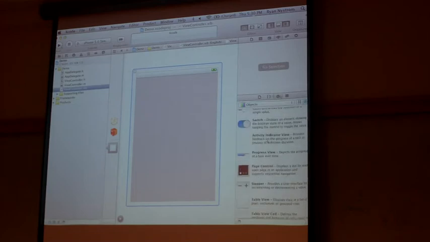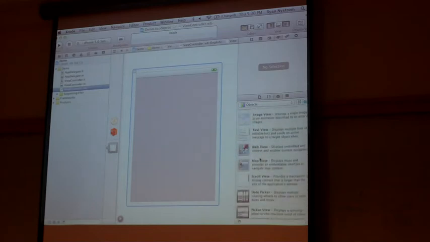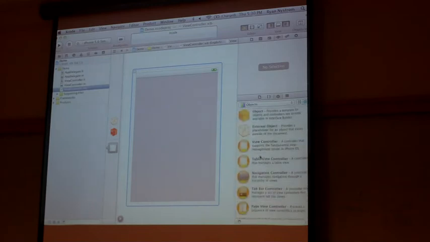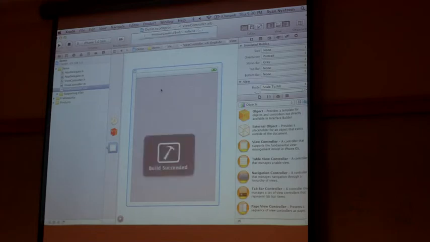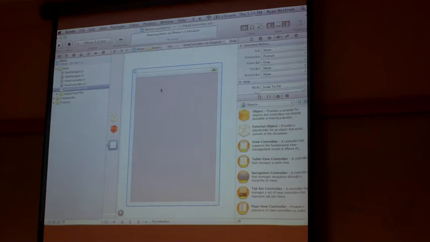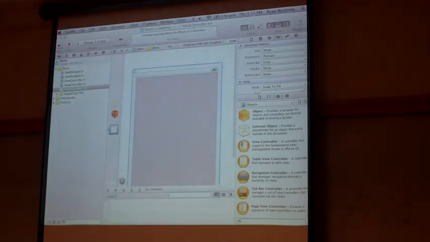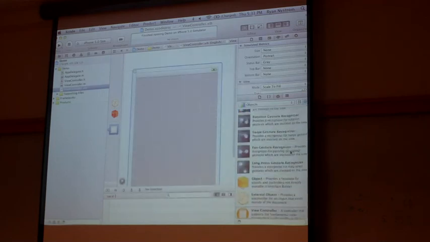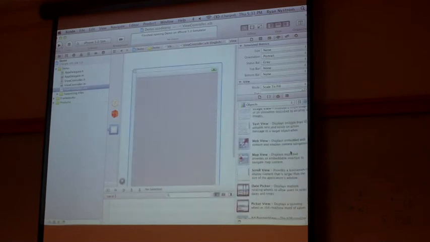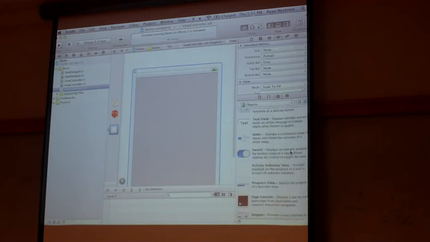So on this side here, we've got an object list, just a whole bunch of different stuff. This is totally blank. Actually, I'll just run it and show you. Builds. There. Big gray screen. So we want to add a view to this. We have view controller.